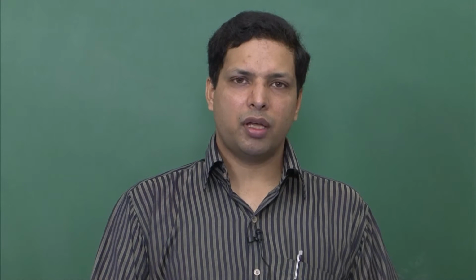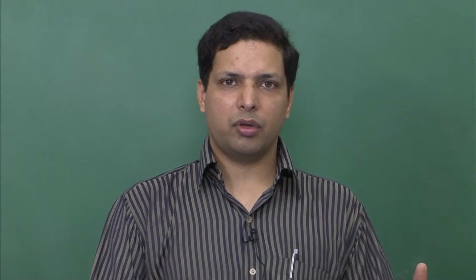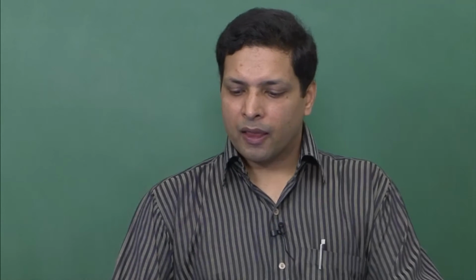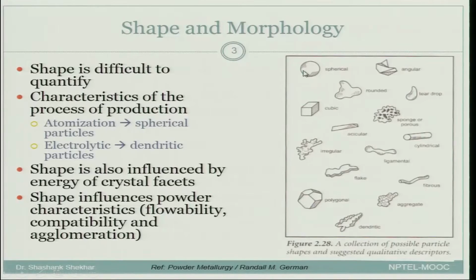There may be some amount of ellipticity. It may not be perfectly spherical. Obviously it cannot be perfectly spherical. That would be art and not science. So there can be wide variation, and therefore we need some way to characterize some of the important parameters like area, volume, and so on. So we will look into that. How do we do that?